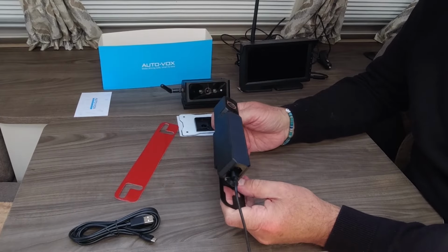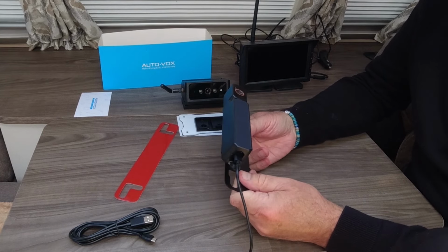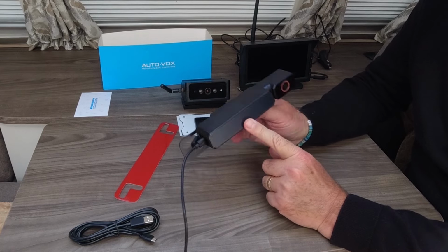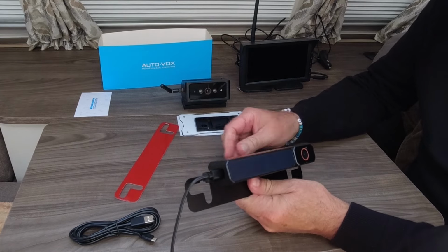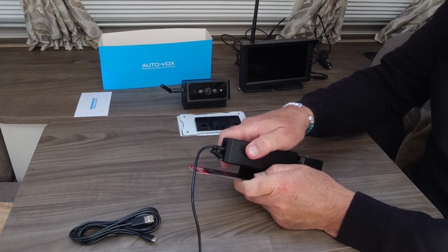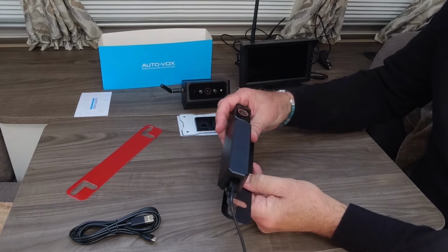I was just having a little look at these two cameras. Camera 1 and camera 2 they call them. The number plate camera does have a solar panel fitted to it, and it is removable from the fixed bracket. So we're going to stick that behind the number plate, but you can slide this along and remove it from the metal bracket. So the instructions say,